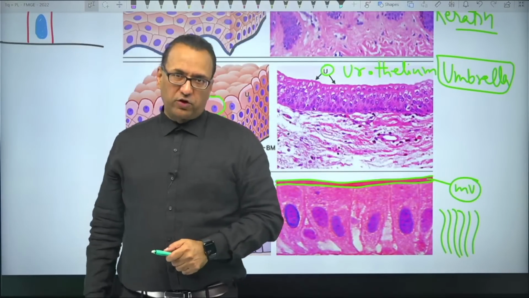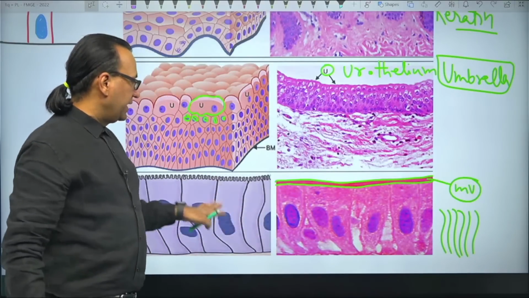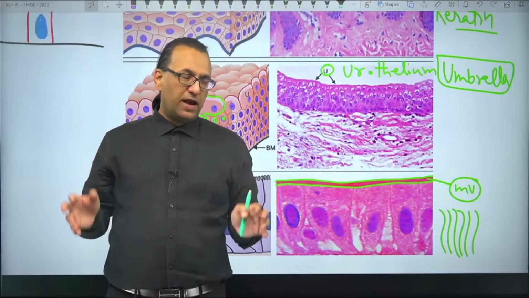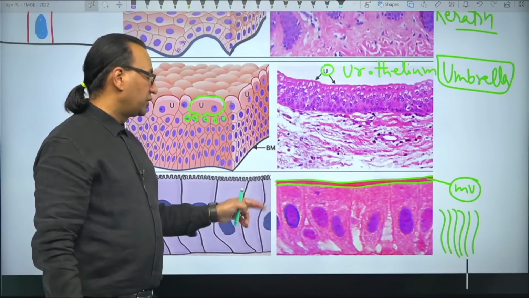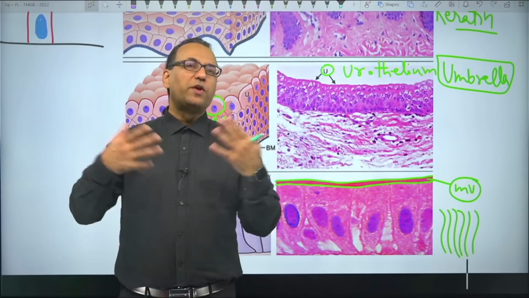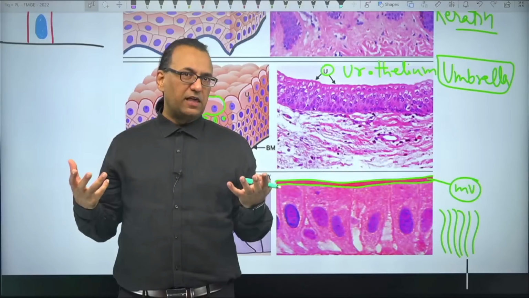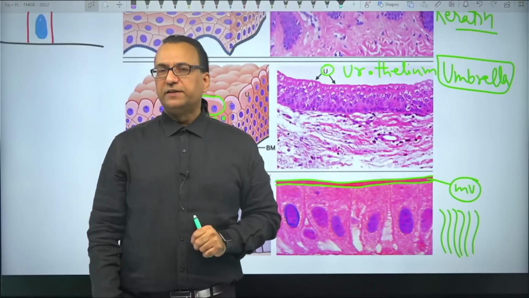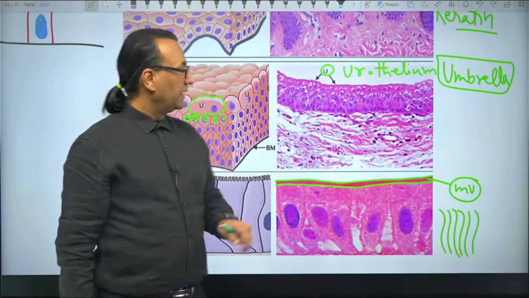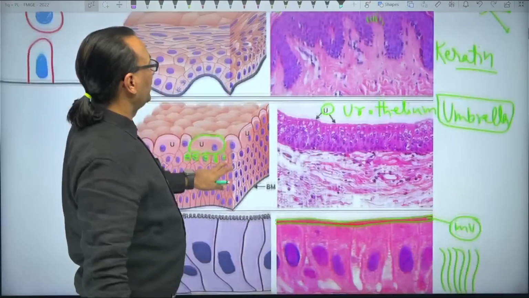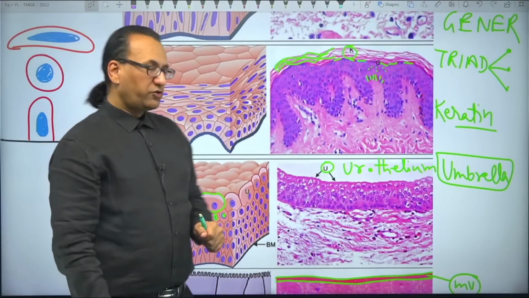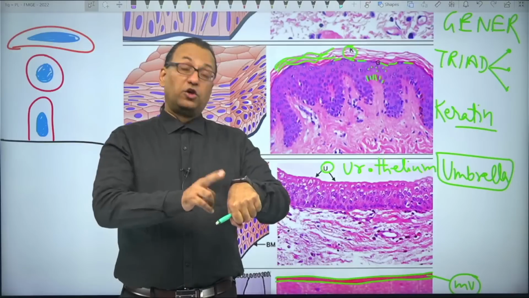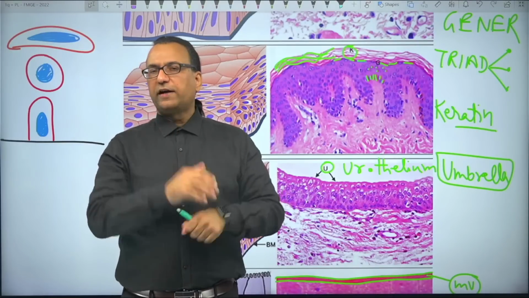Now, where do you find microvilli? As I told you, could be the small intestine to increase the surface area of absorption. Where else? It can be in the proximal convoluted tubule of the kidney to increase absorption. PCT in the kidney. Where do you see urothelium? I have given you examples, ureter and urinary bladder. And what about this stratified squamous epithelium? Stratified squamous epithelium comes a lot many times. If it is keratinized, you can say skin, and if it is non-keratinized,